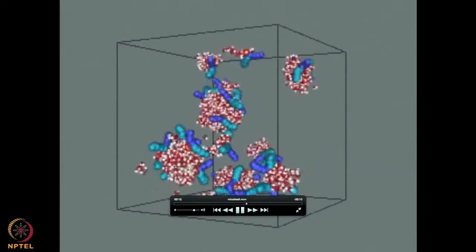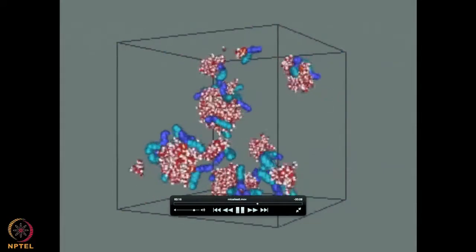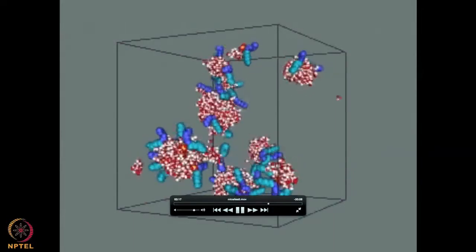Okay. So now, once you have seen that, we will go back to see what are the files that you need for water simulation. Today we will be discussing how to create input files for water so that you can do molecular dynamics of water. So we again begin with your PDB files, topology files. So let us start with simulation for water.